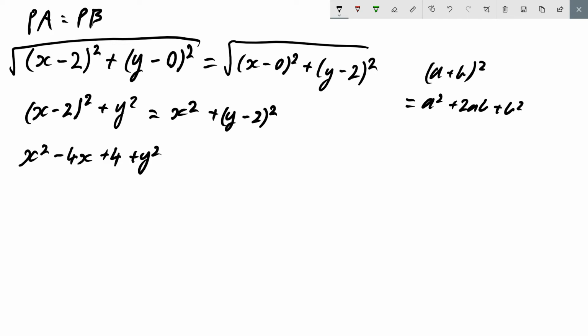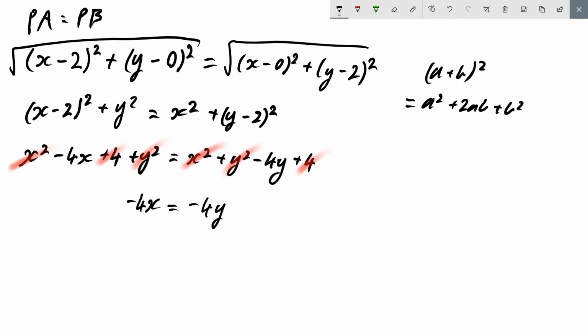And then we'll add the y squared at the end. And this is equal to x squared plus y squared minus 4y plus 4. Now we can see that there's quite a bit of cancelling actually happening here. We can get rid of the y squareds, we can get rid of the x squareds, we can get rid of the 4, and now we're just left with minus 4x is equal to minus 4y. And then we can divide both sides by minus 4, so we get x equals y, and hold on, that's